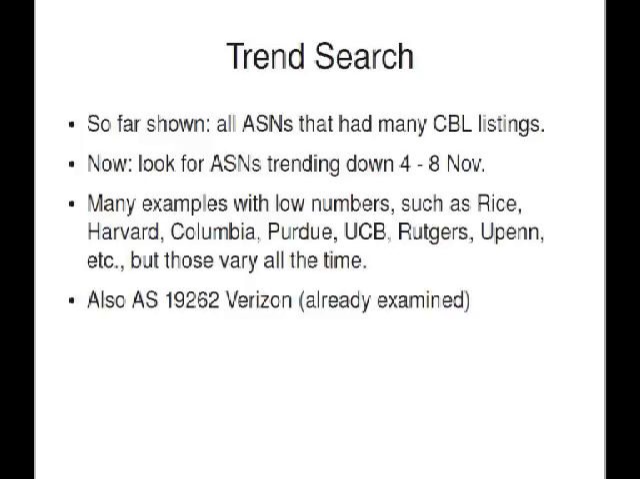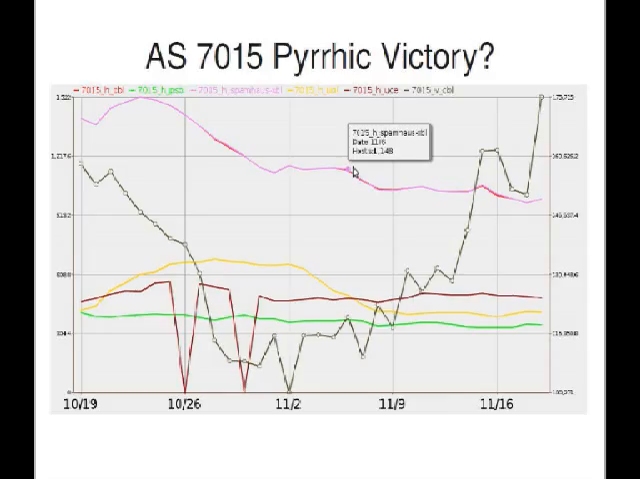Okay, so those two we basically picked by just looking for ASNs that had many CBL listings. We're favoring CBL here just because we had the volume data from them. But then we looked for autonomous systems that actually had a downtrend on the time period of interest. And there's lots of ASNs that don't have many listings, so a lot of educational ASNs that happen to go down right then. But the numbers are so low and it varies so much, it wasn't very interesting. The top one was that same ASN 19262 we already looked at, but here's another one,